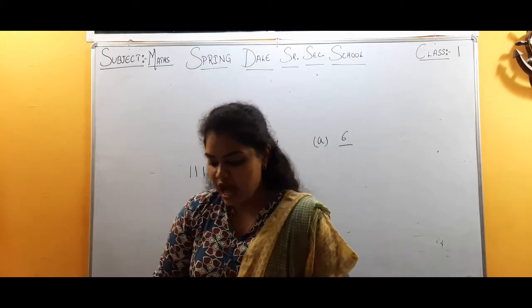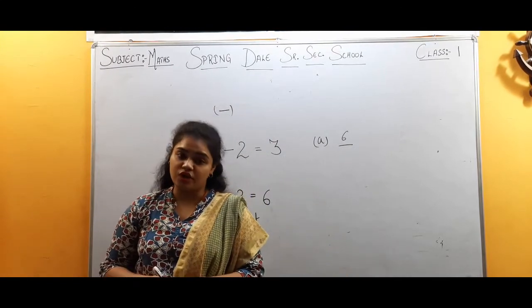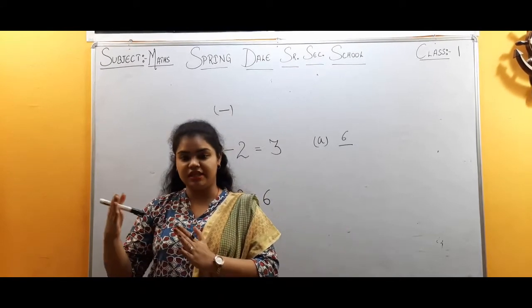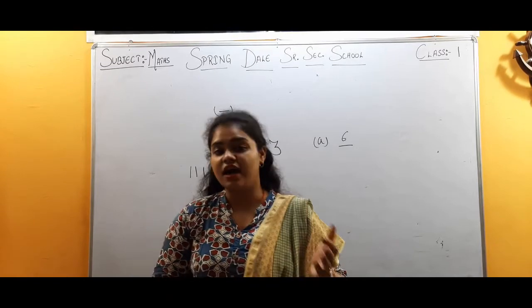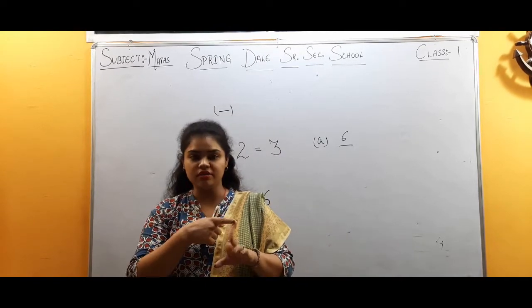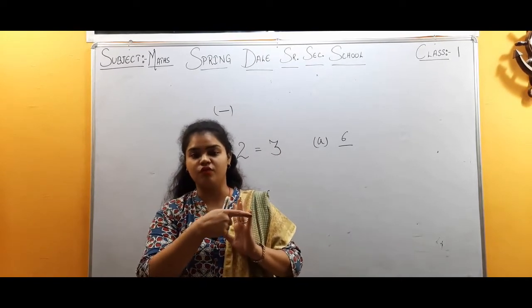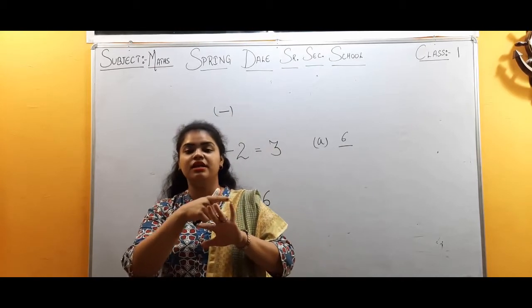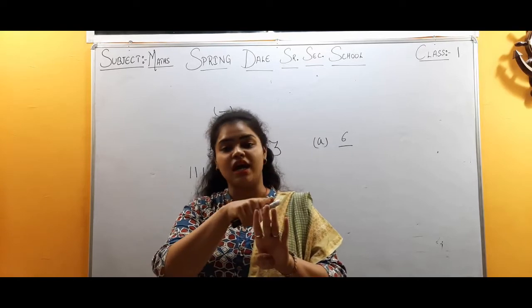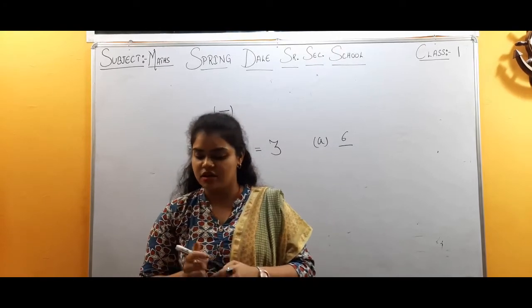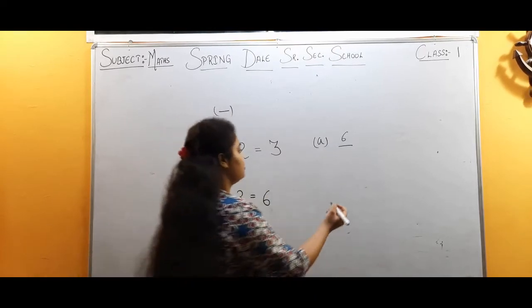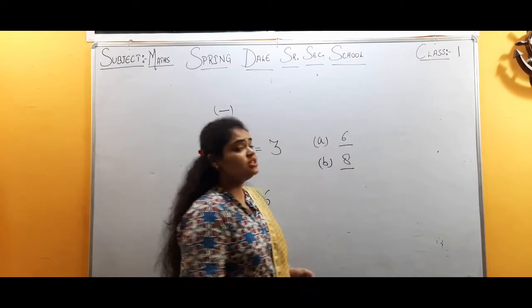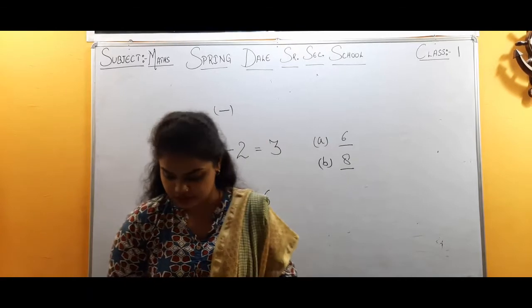The B part. I am a number just before 9. Before क्या होता है? पहले. जब हम numbers लिखते हैं, 9 से पहले क्या आएगा? We will count. 1, 2, 3, 4, 5, 6, 7, 8, 9. तो 9 से पहले हमने क्या काउंट किया? 8. So what is the number? That is 8. तो B पार्ट में हम क्या लिखेंगे? 8, क्योंकि ये just 9 से पहले आता है.